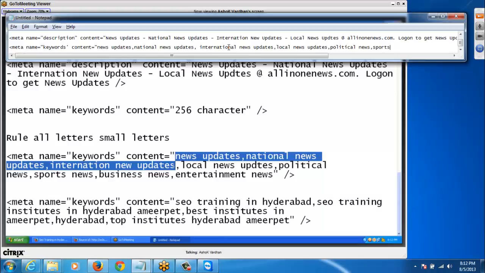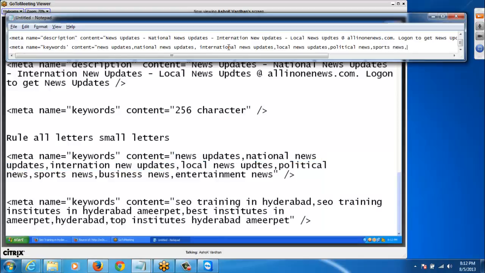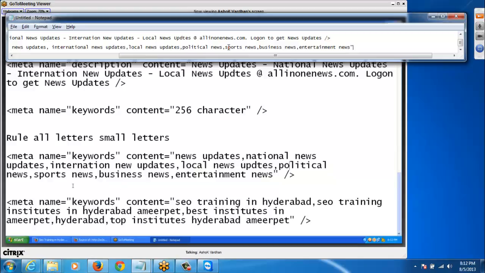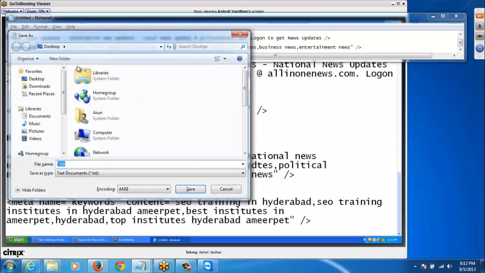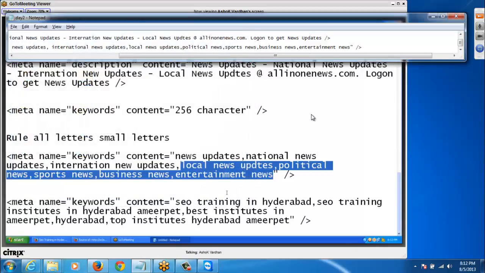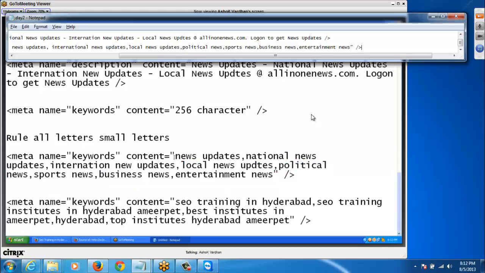Okay, title tag here we have to write. Just write title tag, just leave it. Otherwise, increase any characters or related keywords like this. Local news updates, political news, sports news, business news. Here mandatory is first primary keyword, secondary keyword, ternary keyword. Then only increase any other related keyword. Otherwise don't insert any unrelated keywords here. Starting primary keyword is there, next secondary keyword, ternary keyword,